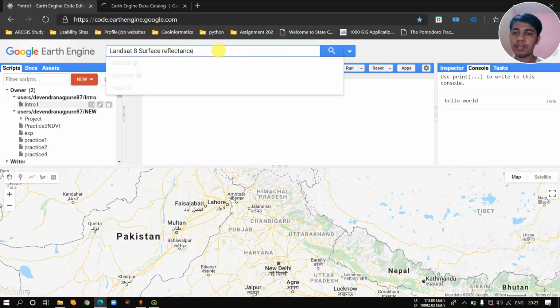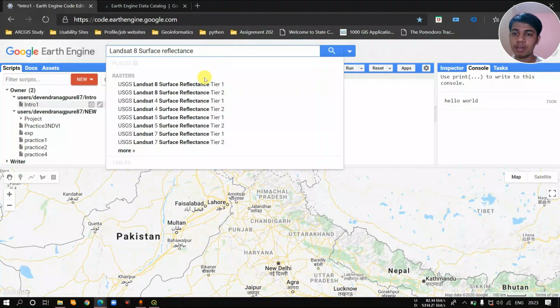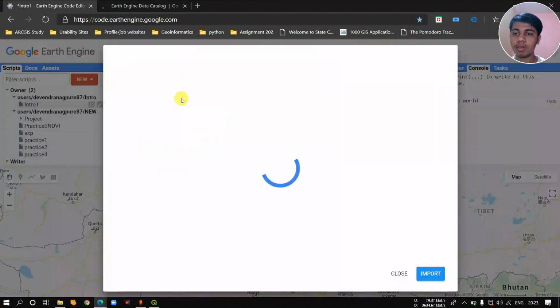So if we write this down, in certain moments you can see the raster over here. It's showing different types of products, so that's why I said that if you don't know coding, it's fine. If you know just preliminary coding, it's also fine. But you should know the products of the remote sensing data, and how this remote sensing data is taken. Over here, the USGS Landsat surface reflectance Tier 1, Tier 2, and many other products.